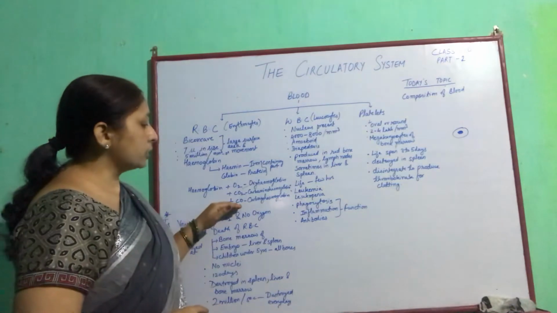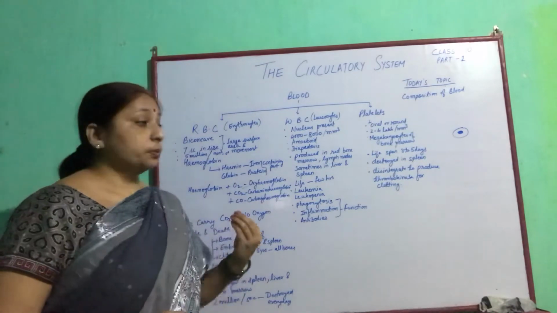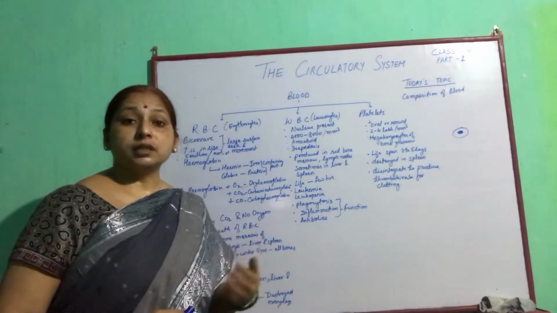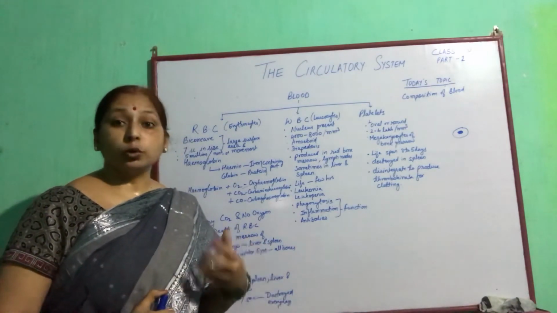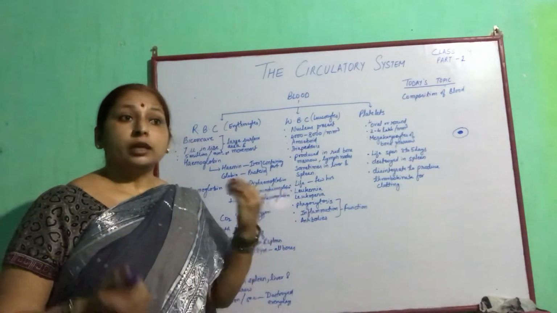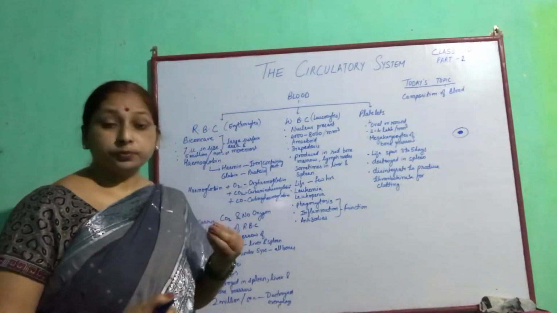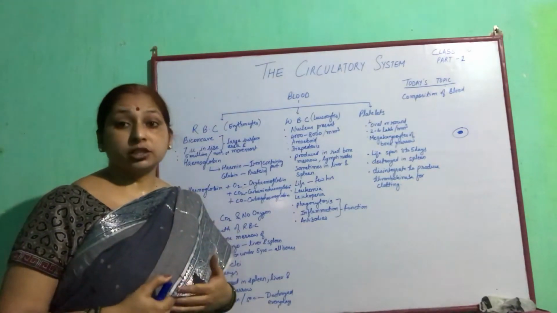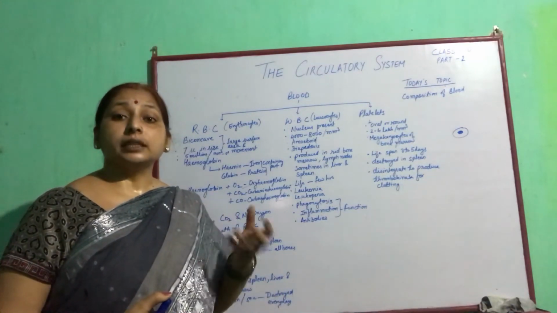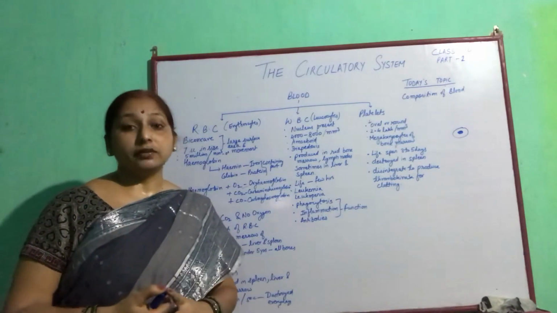In carboxyhemoglobin, carbon monoxide is a poisonous gas, and the blood has a strong affinity for carbon monoxide. So if a person sleeps near a furnace, or a place where coal is burned in a closed room with no ventilation, due to presence of less oxygen and more carbon monoxide, the carbon monoxide readily combines in the blood. It gets circulated and it may result in a fatal condition and even death of the person.